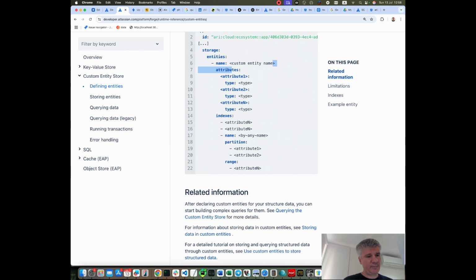But again, the main problem is that you had to define the structure in the manifest.yaml file, and you could not use SQL. You could already query based on the attributes, you could order on the attributes, but that's actually all you could do, because SQL offers much more capabilities. And as a result,